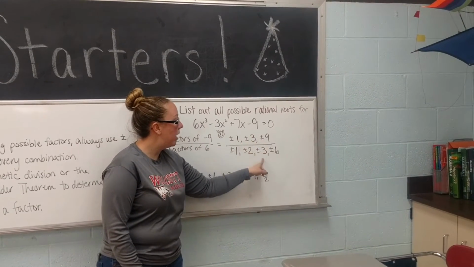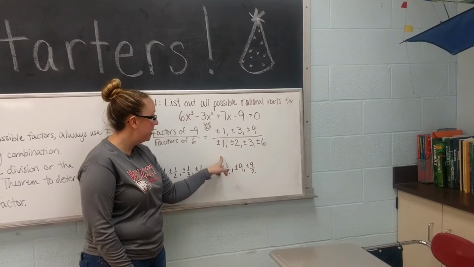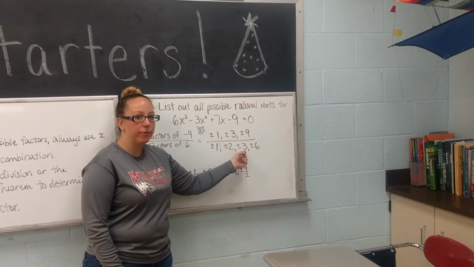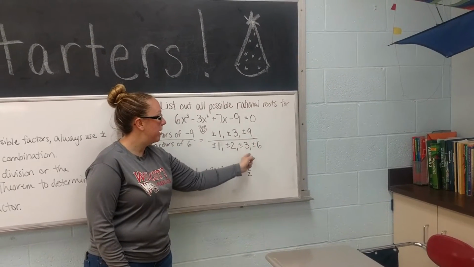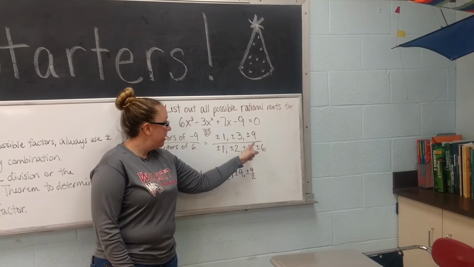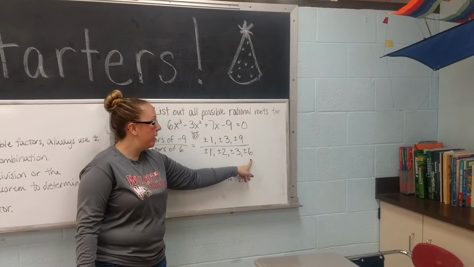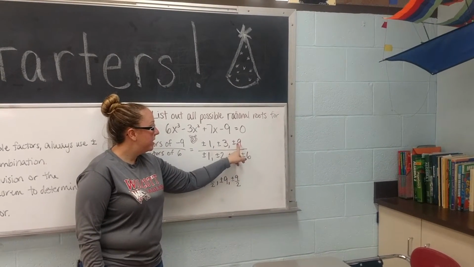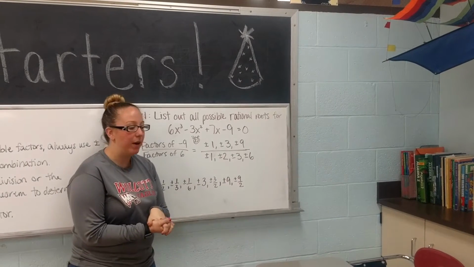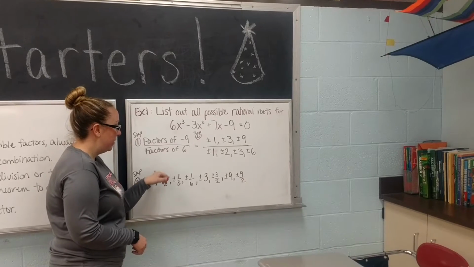You have plus or minus 1/3. Plus or minus 1, you don't have to list twice, since 3 over 3 equals 1, and we've already listed out 1. And then you have plus or minus 9 over 3, which equals 3, so you have plus or minus 3. And with my last term, you have plus or minus 1/6, plus or minus 3/6, which simplifies to 1/2, and since we already have it, you don't have to list it twice. And plus or minus 9/6, which simplifies to 3 over 2, and since you already have that, you don't have to list it twice. So listing them out, you're going to do exactly what I said,